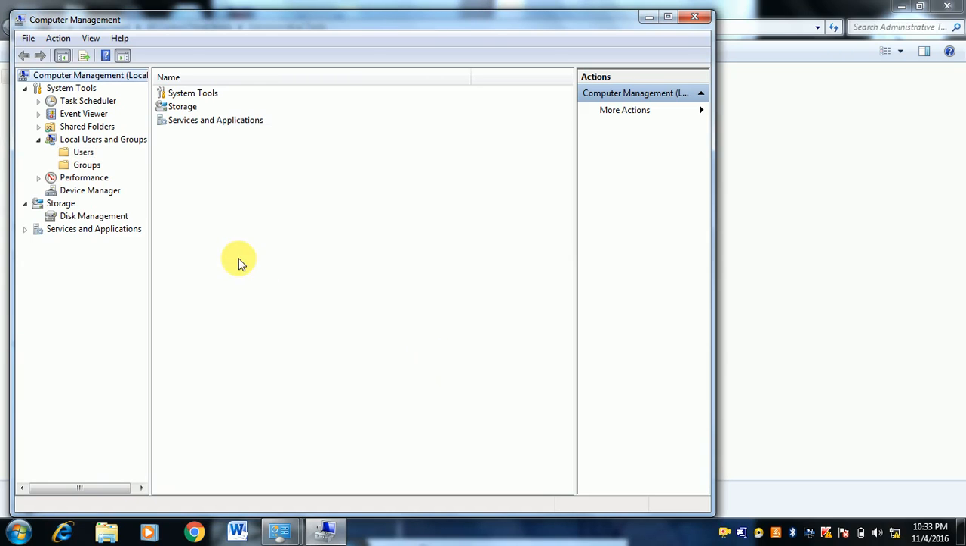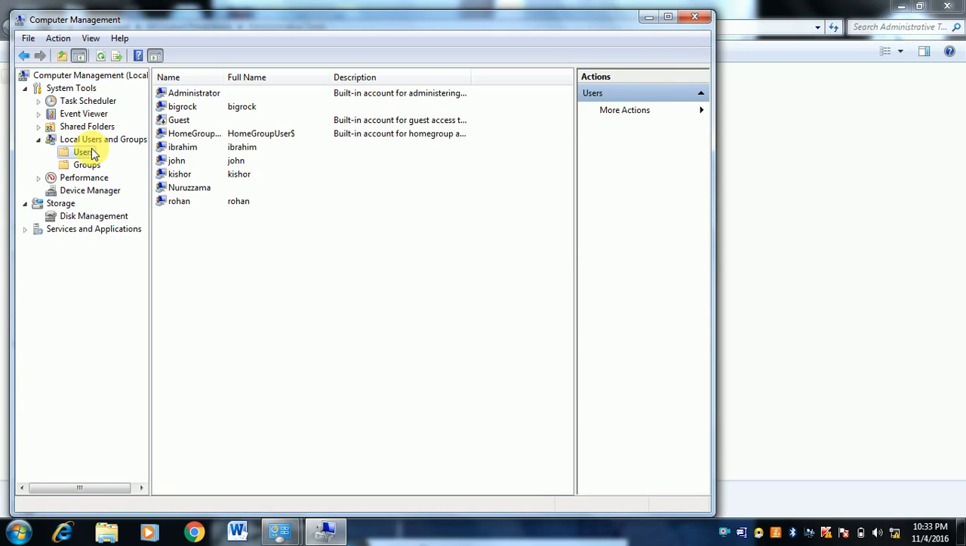Here you can see I have created a user account with the name of Ibrahim. This user is a standard user. A standard user means this user can only work on applications. It cannot change any computer level configuration because this user doesn't have permission. Although this user can configure its own environment, it can change its desktop, its documents and settings, but it cannot uninstall any kind of application from the computer,